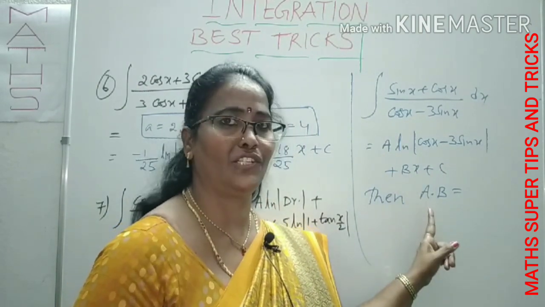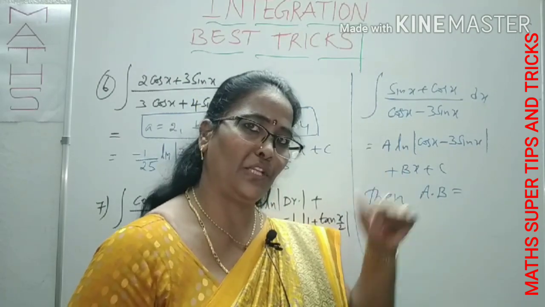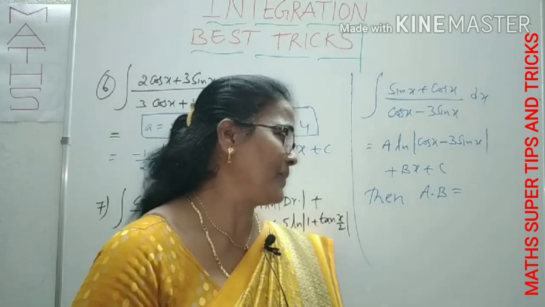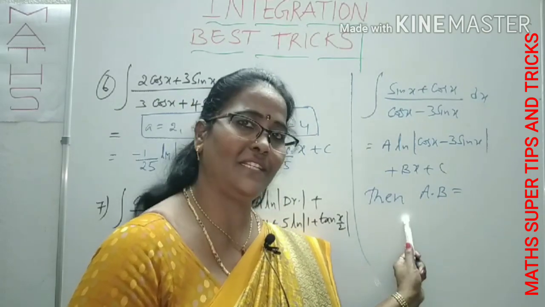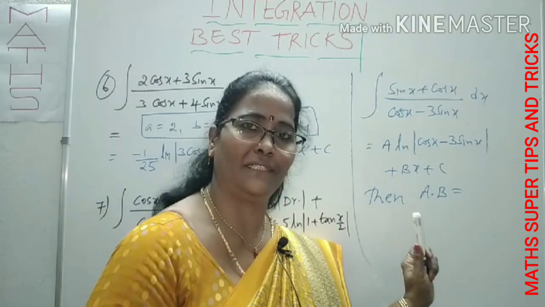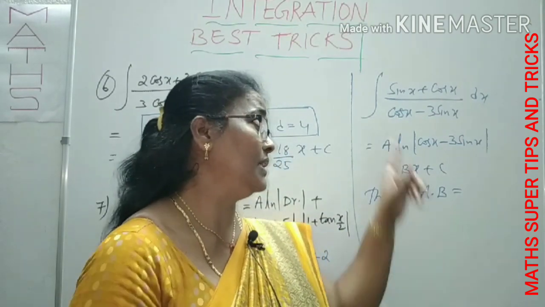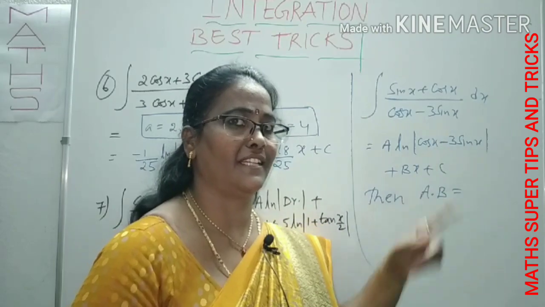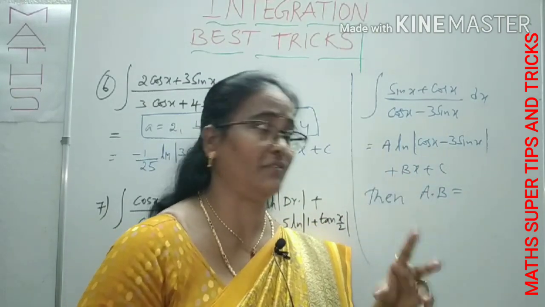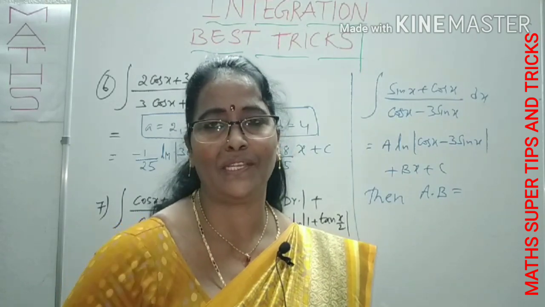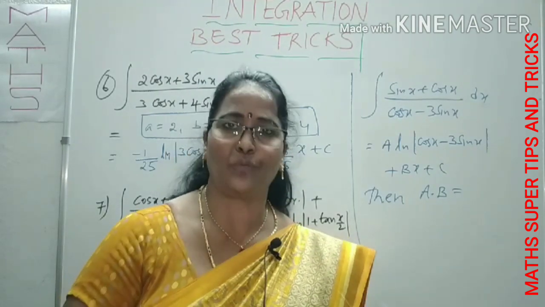Just concentrate on what a and b are. You can use that tip. It is clearly helpful to you. Is it clear? So I hope so. You can do it. Compulsory, you can try. So definitely you can get it. There is nothing difficult at all. First you have to think about the order, whether the correct order is there or not. If it is not there, what changes you have to do? You can proceed. Now we can come to some more questions, some more models.